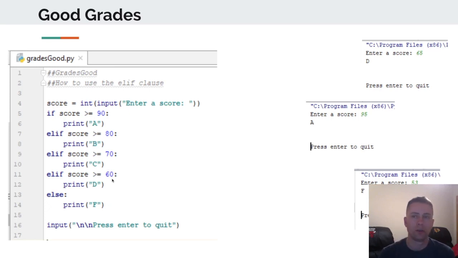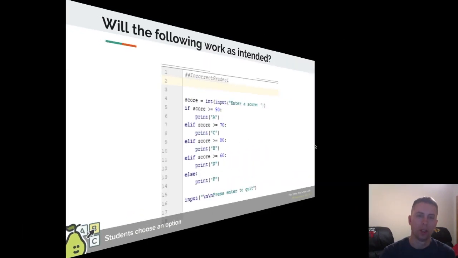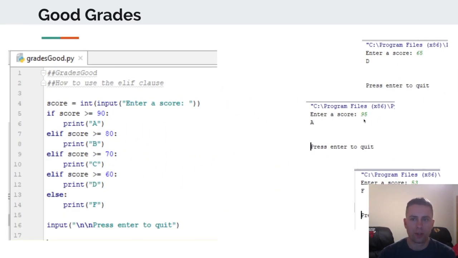Now the trick here is, notice how when I run this program, I only ever get one output. If I type in a 95, I get an A, which is greater than 90. So all of these other things get skipped. Even though a 95 is greater than 80 and 70 and 60, it's not going to print them all, because